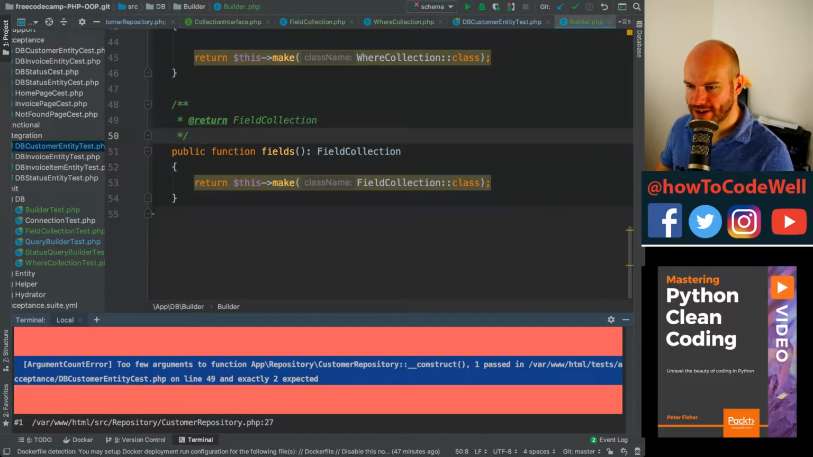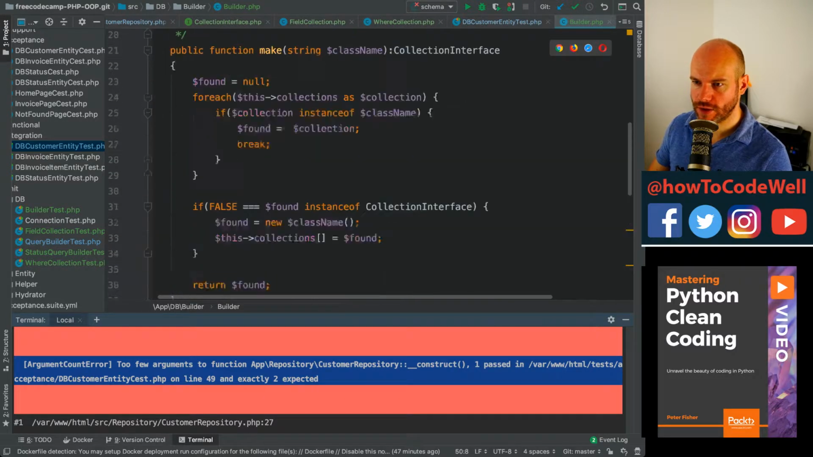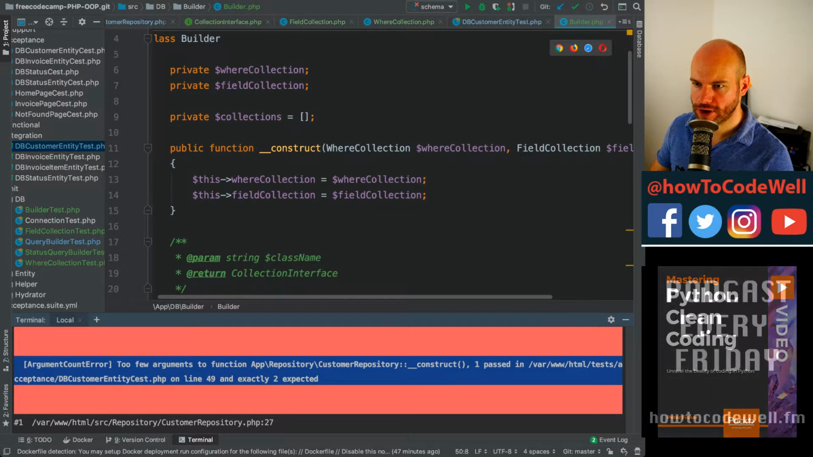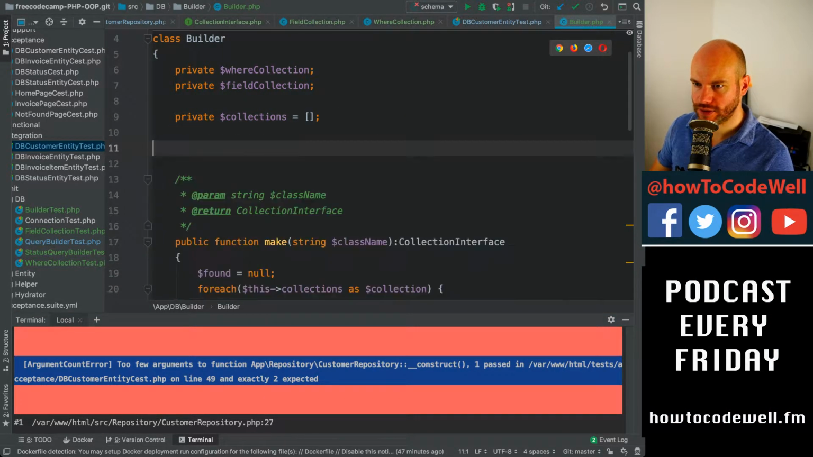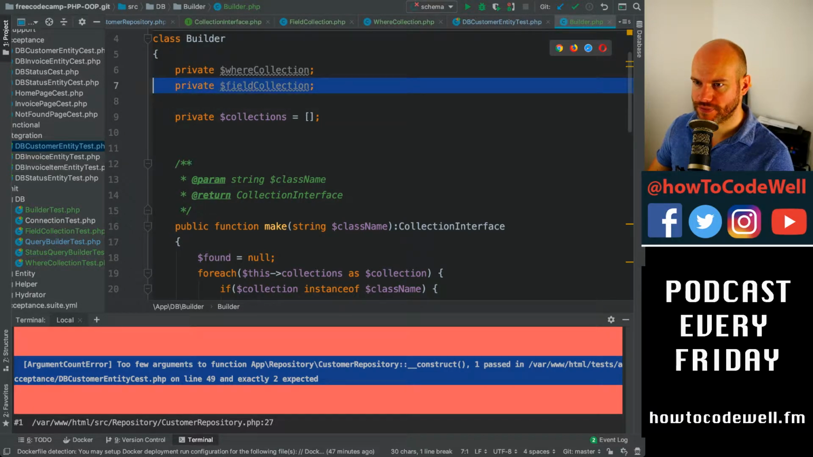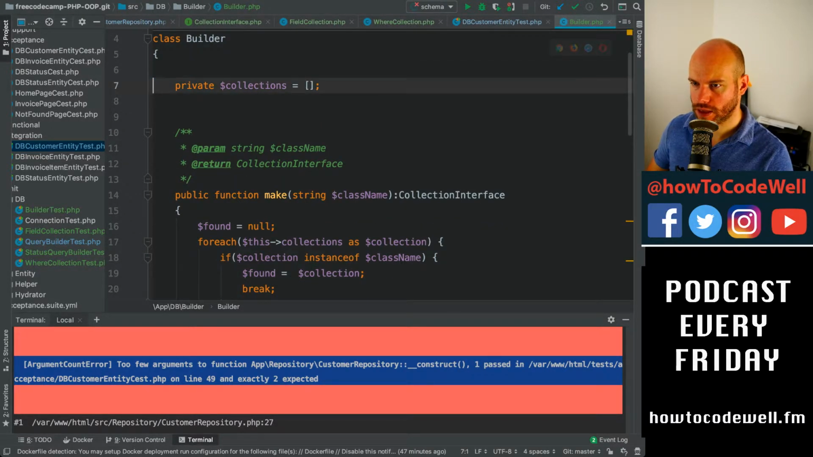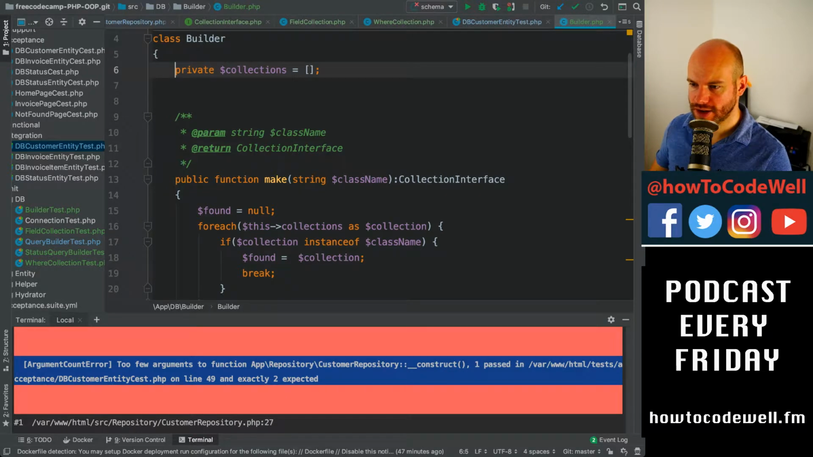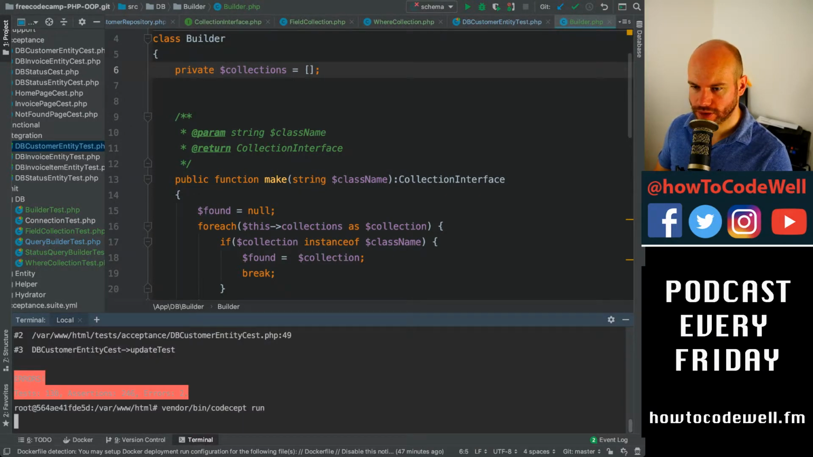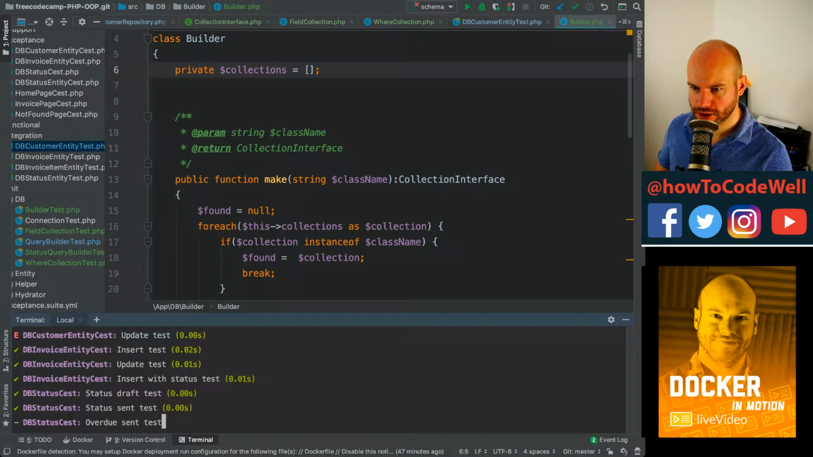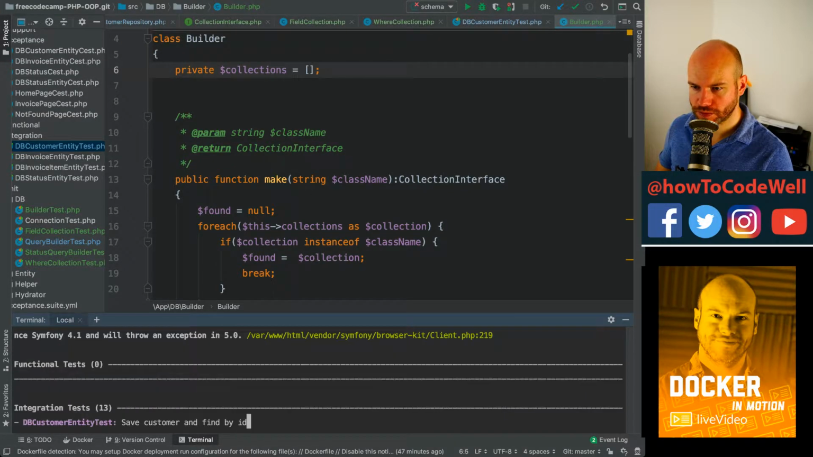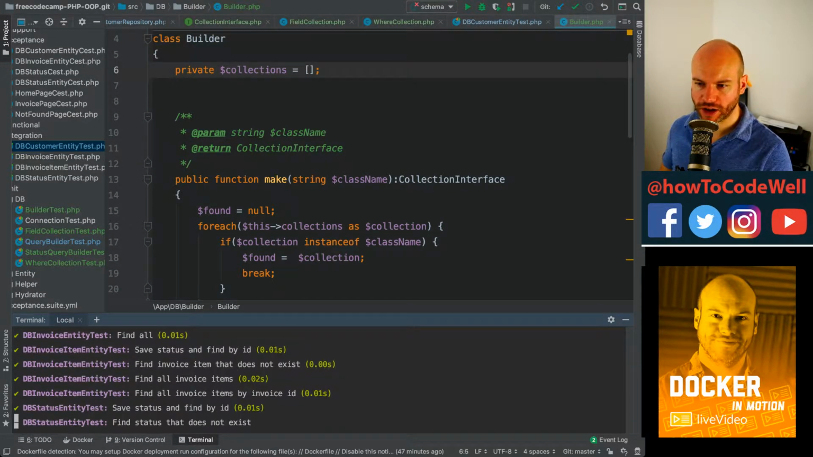I think it's failing because too few arguments are put into the customer repository constructor. That's why, which is okay. I think what I could do is get rid of this constructor now, get rid of these things, save, and then run this. So they're still going to fail, but I think I should be able to now go through and tidy up all of the